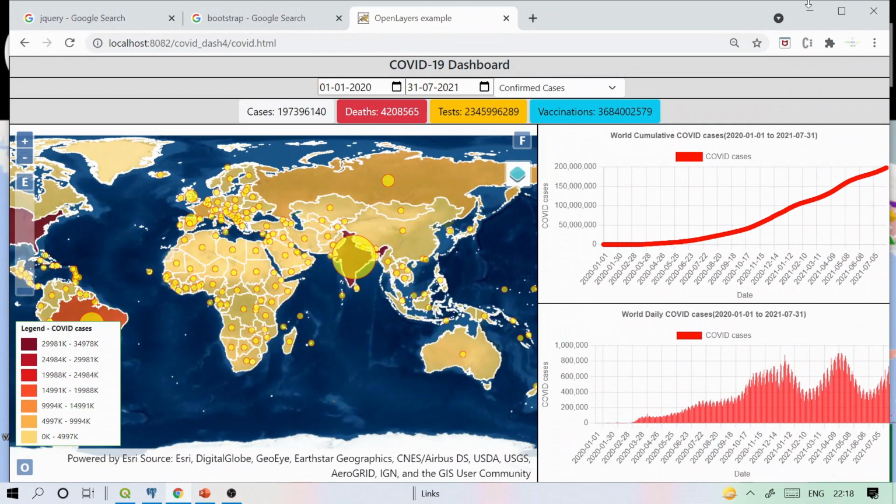Today in this video we are going to see how to create a WebGIS application using the Openlayers front-end API and a Postgres database only. So we'll not be using any GIS server such as Geoserver or MapServer. We'll be using only two components: one is the database for storing the data, and the other is the Openlayers front-end API for rendering our data onto the web. And of course we'll use a web server for serving our applications, such as Tomcat,